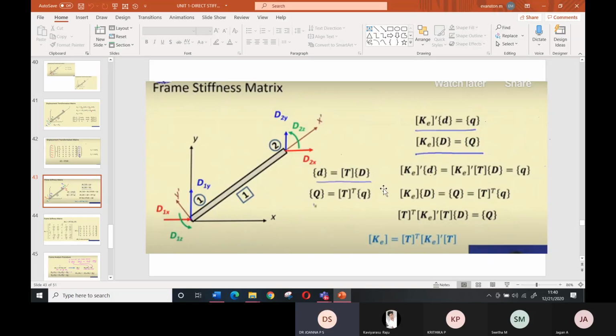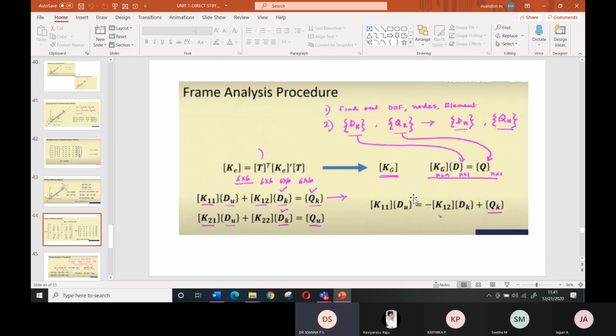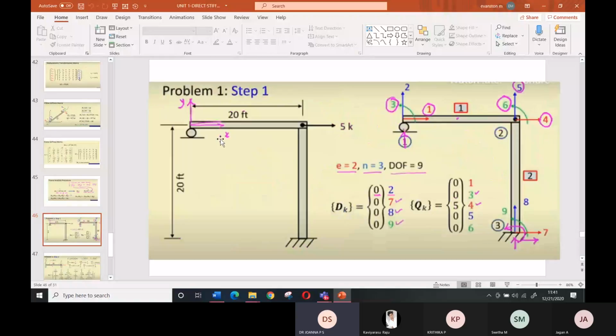And what else you have to do? These three things you have to remember. Then we'll start with the problem. So can you take this problem? So this is in feet and inches. Just do it like that, and one more problem we will do in kilonewton and meter, the next subsequent problem.